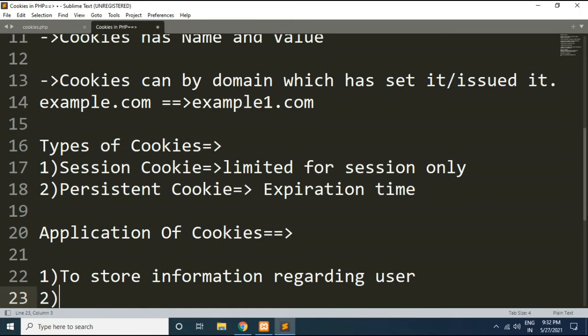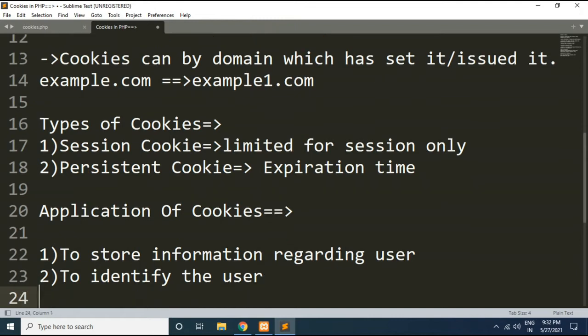The second use of cookies is to identify the user. A website or web application can identify whether the user is visiting for the first time or not. If he is visiting for the first time, they can show you somewhat different content. If you are a regular user, they will show you different content.